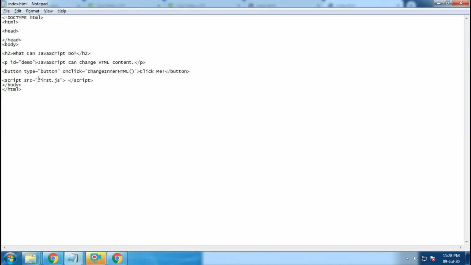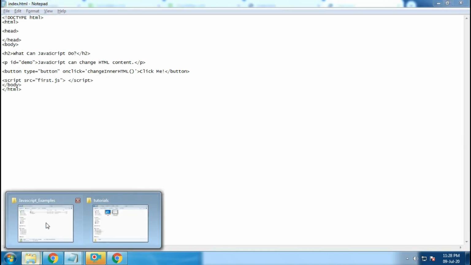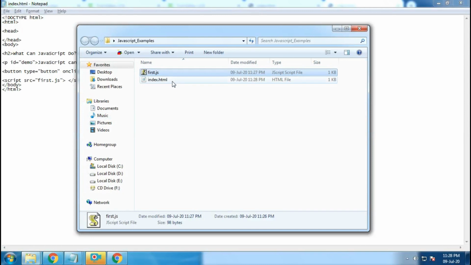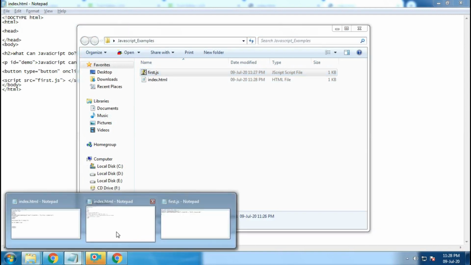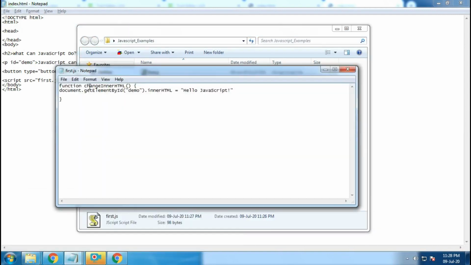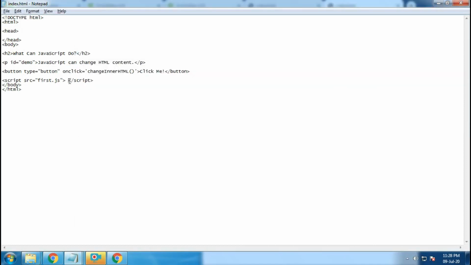Because we didn't give any previous path, it will just look into the root directory, where this index.html is, and it will find first.js. And as you see in first.js, we have written the same things, so it's going to execute that script like it did when we were inserting it in between.